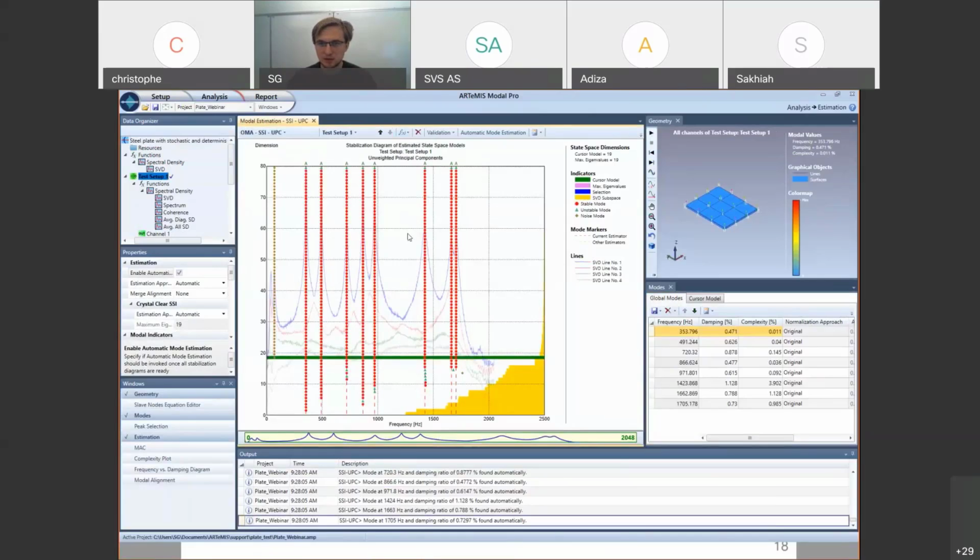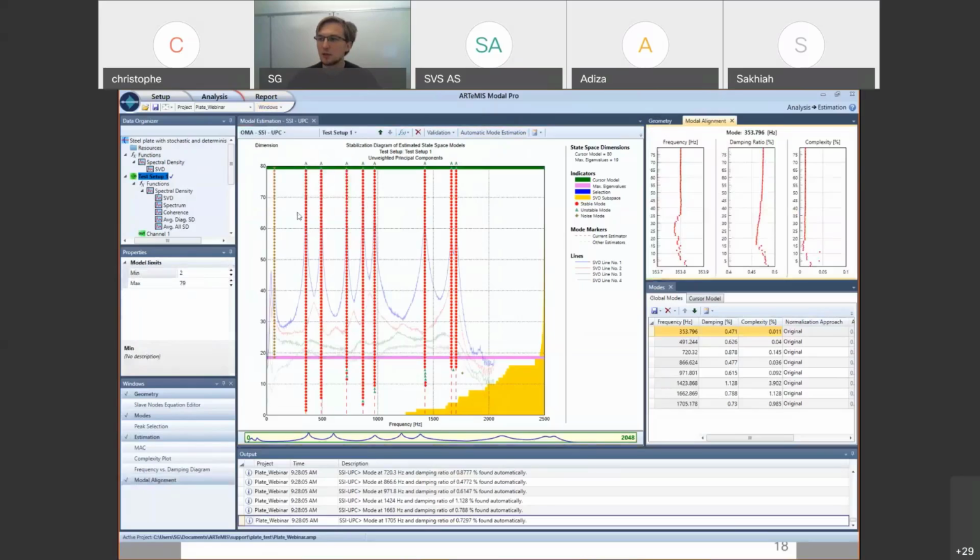So here are the results. We see that there are 8 stable modes, which are here. Those modes are computed successively until model order 80, which is the maximum model order that we chose. And we can see that all of those estimates have slightly different values of damping ratios, different complexity of the mode shapes, slightly different frequency, which we can then see in the modal alignment window,